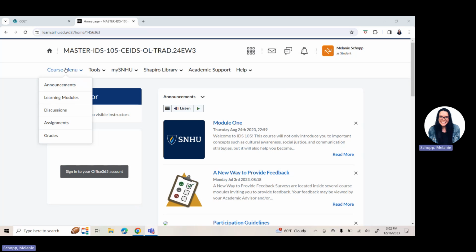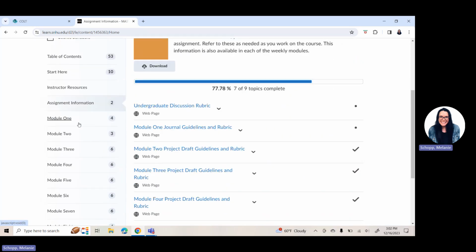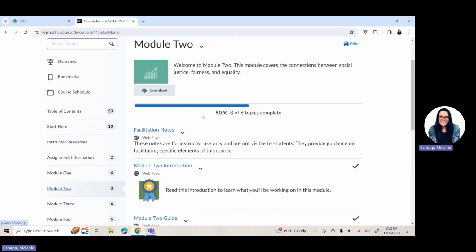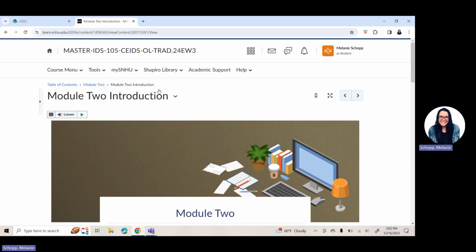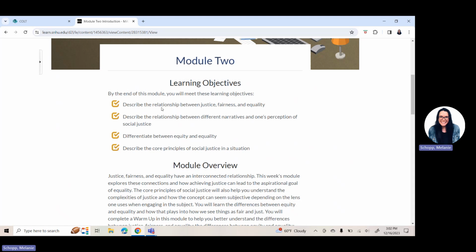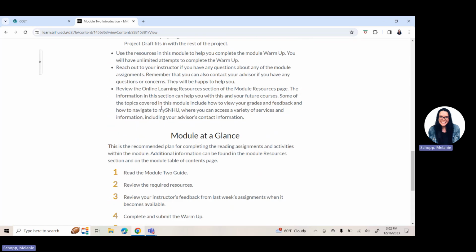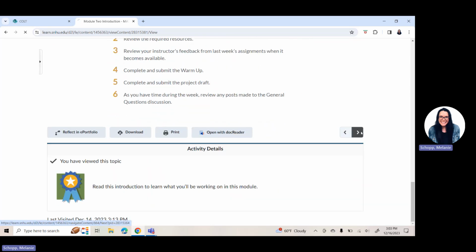So you click on Course Menu, go to Learning Modules, and let's just click on Module 2. When you do that, as you are learning by now in your second week, you want to make sure that you always click through all of the content that's within your module. So click the blue, gets you where you want to go, pull up the introduction of the module, make sure you scroll all the way down, click all the way over, and go